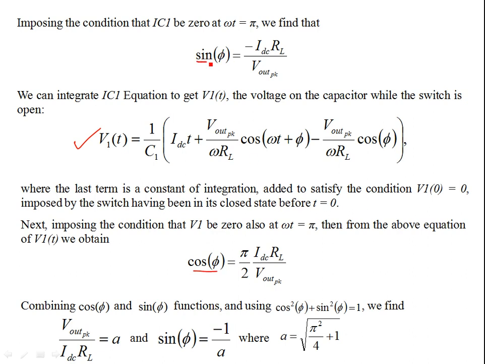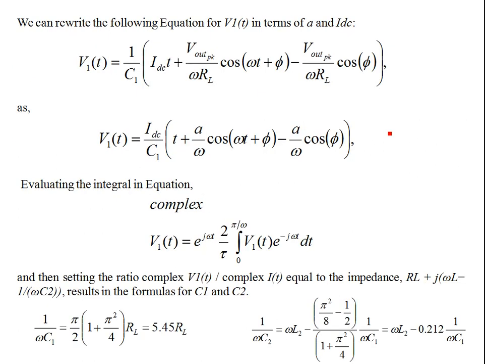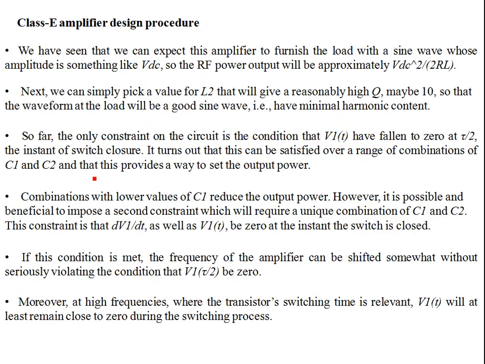So we will expect a phase difference, phi, which depends on the current through the choke, on the load resistance as well, and the peak output. Based on these conditions, V1(t) will be 0 at the instant when the switch is closed. If this condition is met together with the first differential being 0 as well,